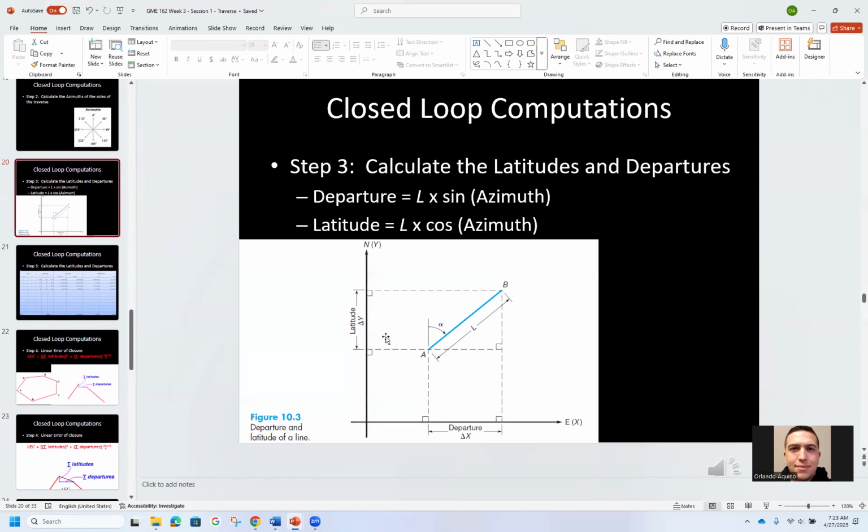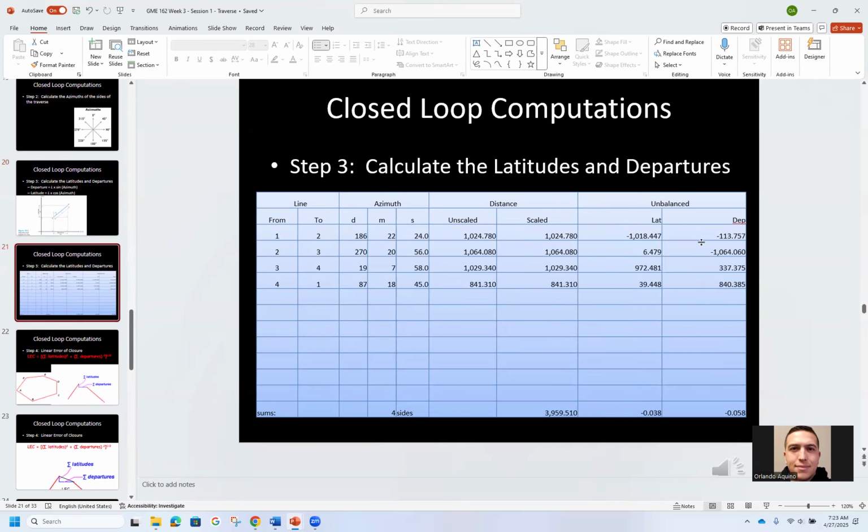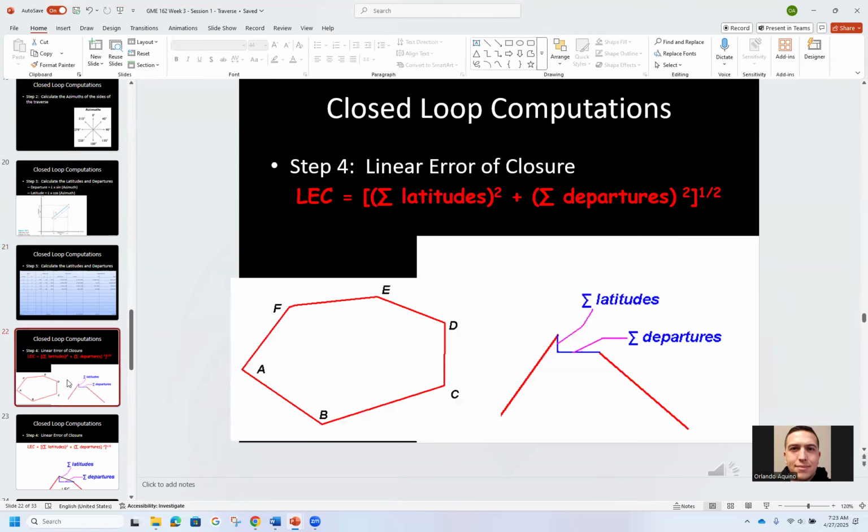If we had our measurements, we would take those measurements and note them down as such. Here's our raw latitude and raw departure from 1 to 2, from 2 to 3. Writing those things down, you get that data, and then we have to